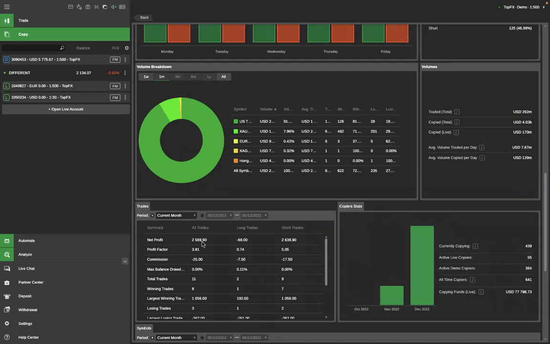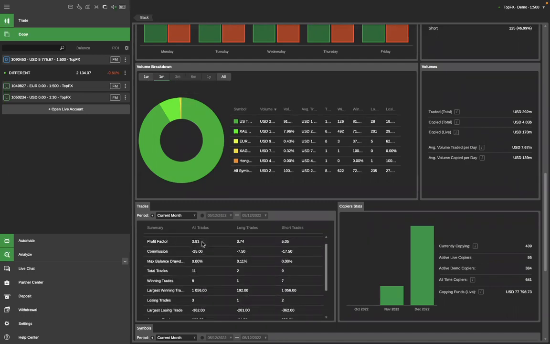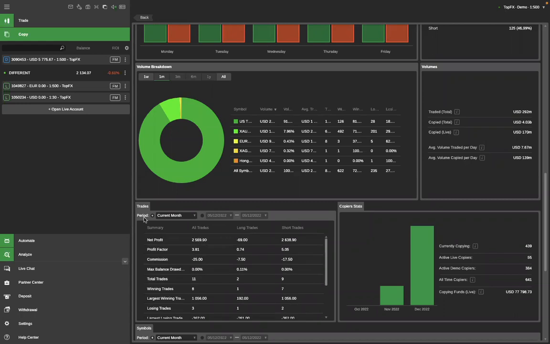You have another window, and this window is, of course, the trades window, and we are looking at the current month. You can take a look at the last 3 days, you can take a look at the current week, but let's stay with the current month. You can select the time period that you are interested in, like here as well. So all of the strategy trades information is basically displayed in this trades tab. Okay, the trades tab, of course, can be filtered